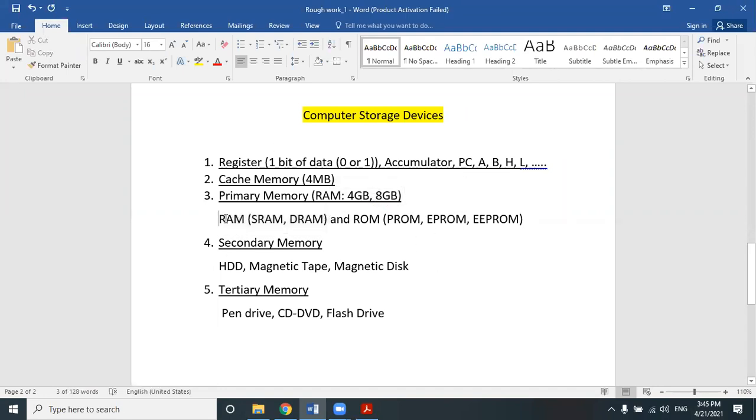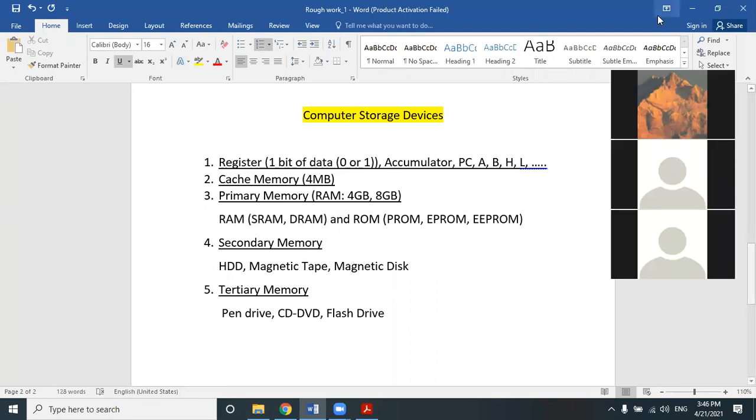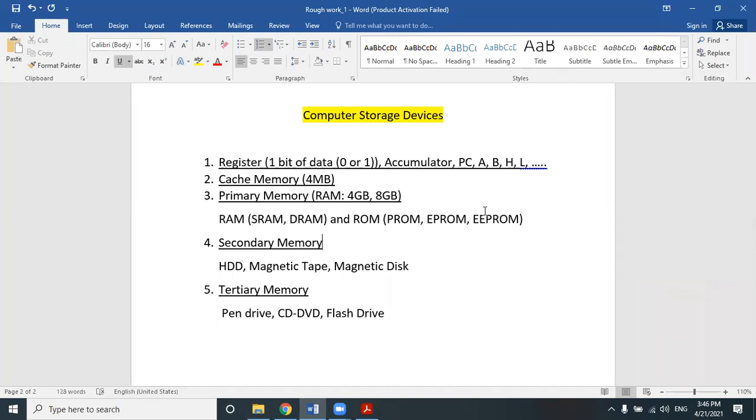Whereas RAM works opposite to ROM. It's a volatile memory. So whatever data it stores inside the RAM, random access memory, will be automatically deleted when the power of your computer system is switched off. When you switch off your computer system and switch it on again, you will find that whatever data you stored inside the RAM has been automatically washed away or erased.